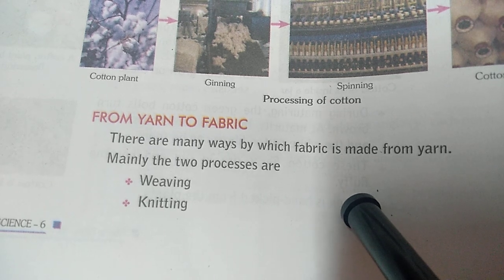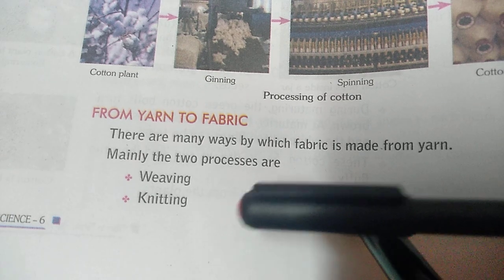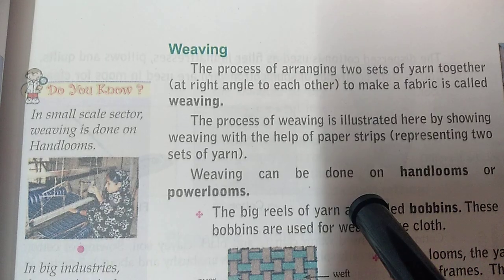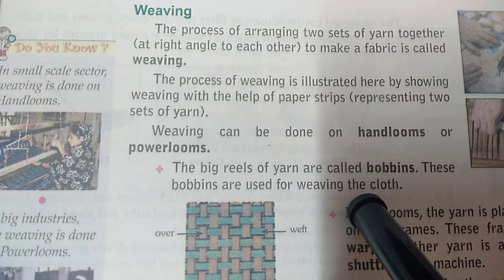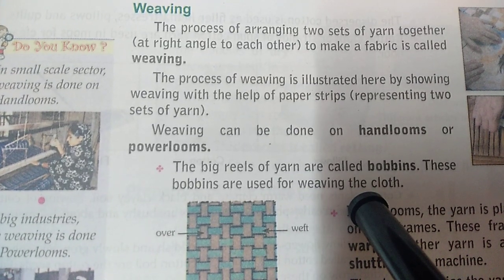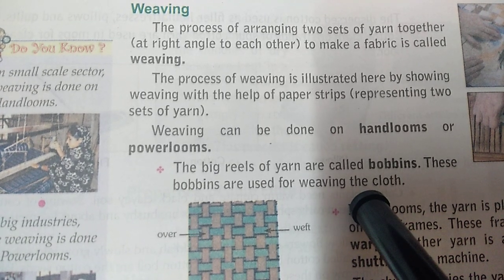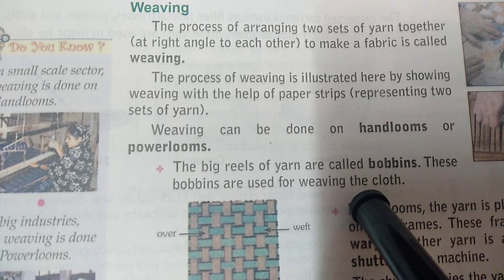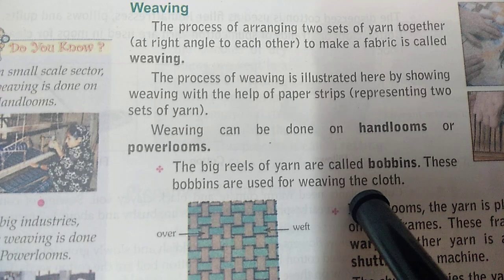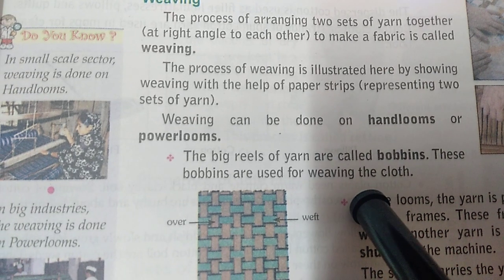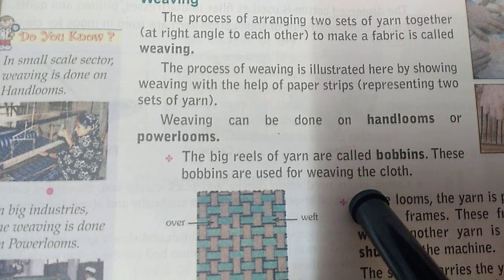तो वो कैसे बनता है? This is formed with the help of 2 processes called weaving and knitting. In weaving, 2 sets of yarn are arranged together and a fabric is made. Yarn के 2 set use करते हैं. One is placed horizontally and second vertically. And after that, with the help of our hand or with the help of machine, these can be converted into